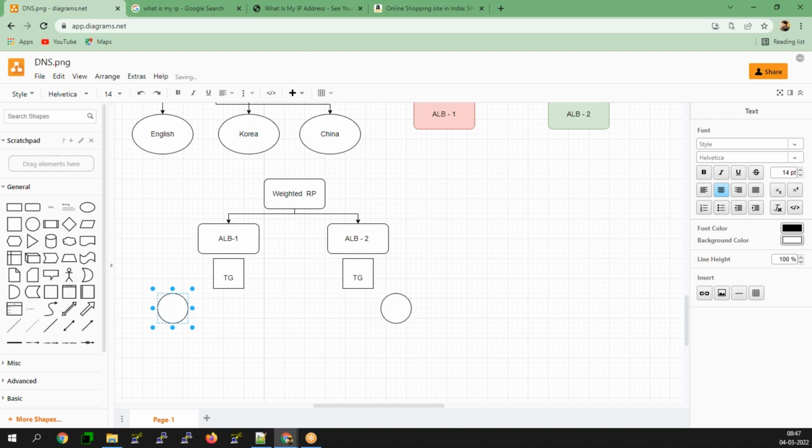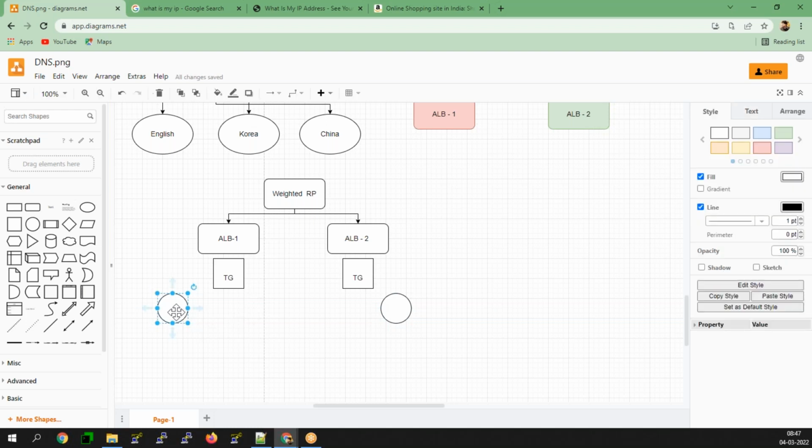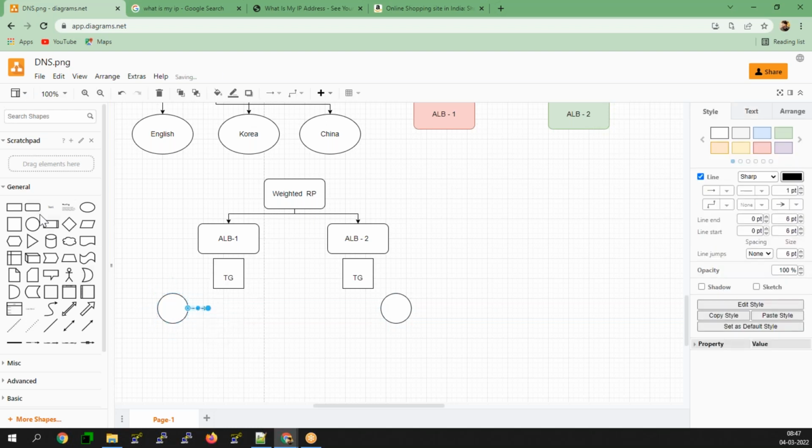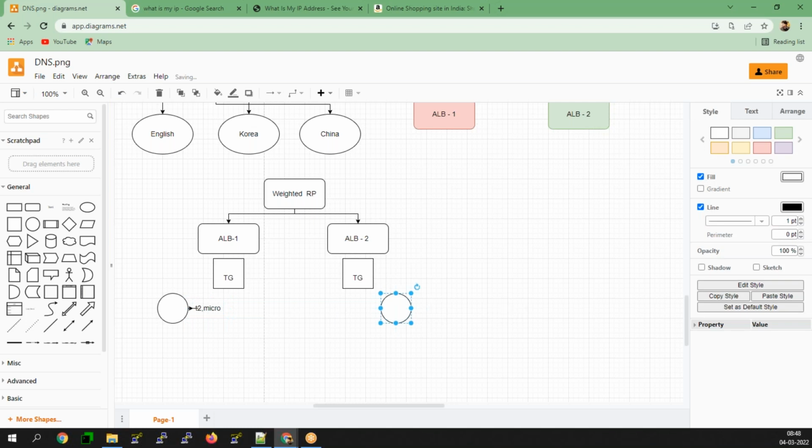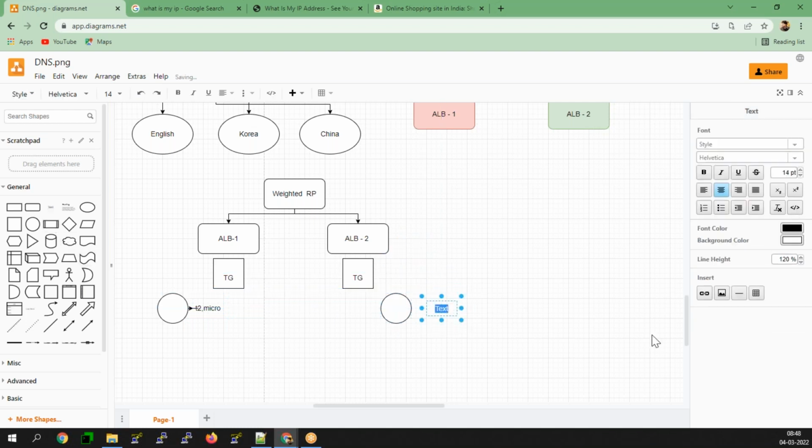These instances will have T2 micro, and this one will have M5 4xlarge.